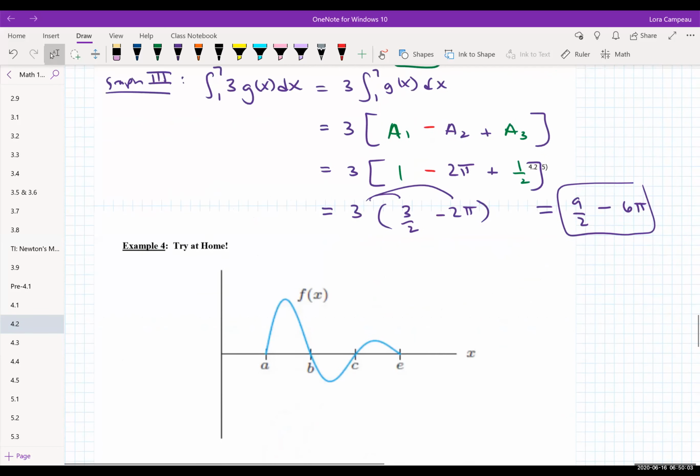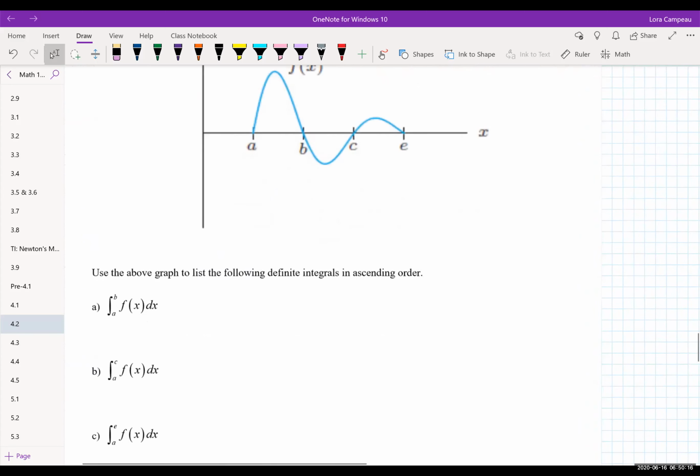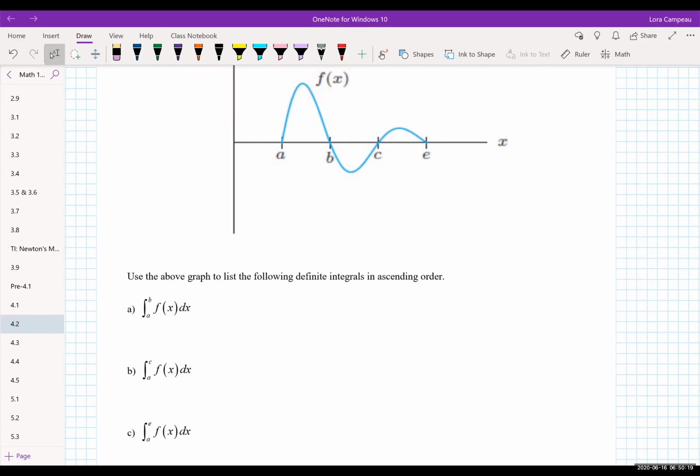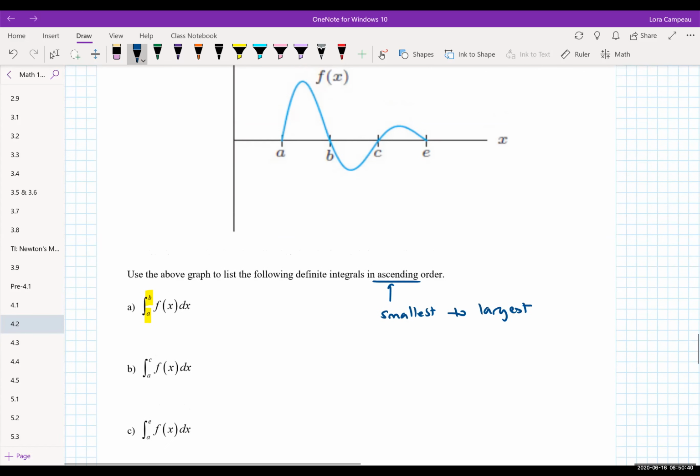What we have is a more open function, in the sense that they're not clear-cut shapes. But if you're listing the definite integrals in ascending order, just pay attention to the limits of integration. And ascending order, just remember, means what? Smallest to highest, or largest, if you want to say. So depending on the limits of integration, you could say, well,